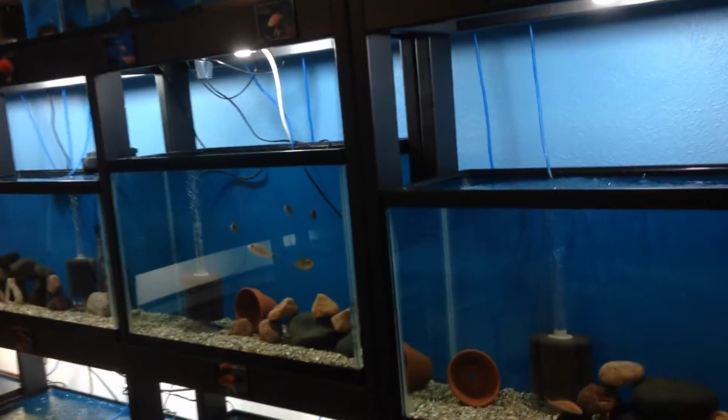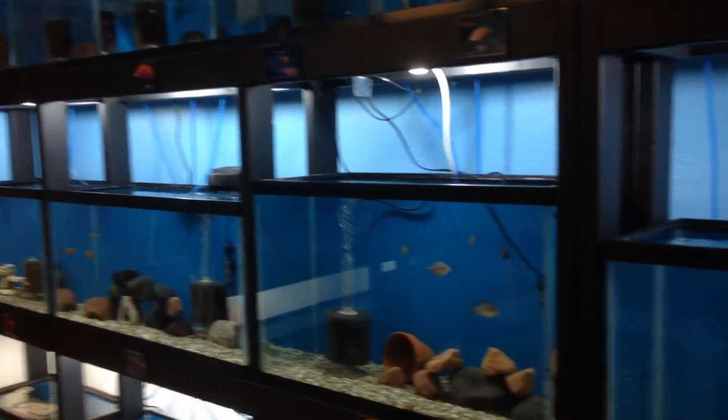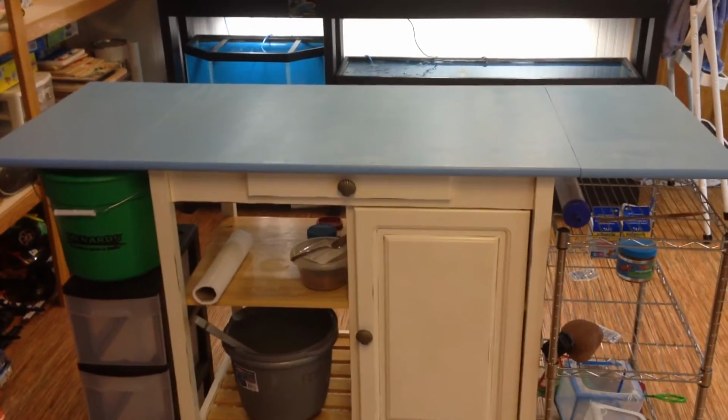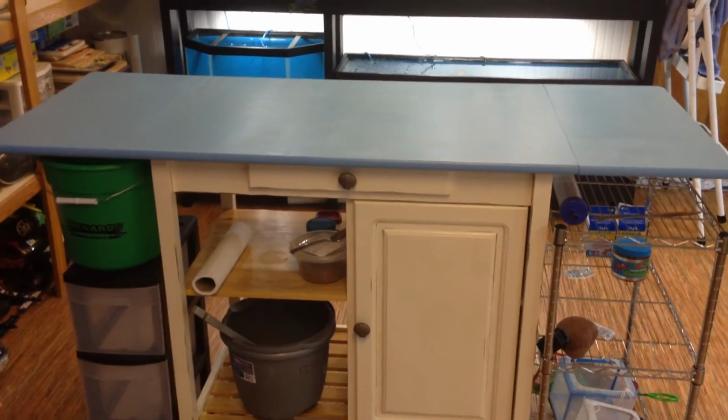Okay, so we talked about the dehumidifier. Let's keep on rolling on what else is new besides the fish. Here we go. Nice little portable cabinet system. Michelle picked this up